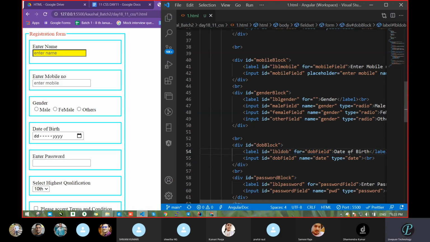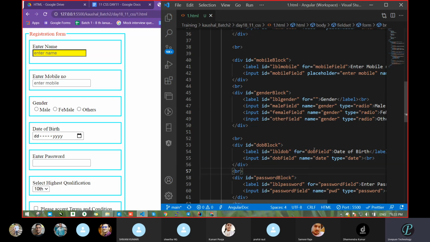Yes, so you have to write that. Suppose this is your DOB block. Inside the DOB block, for should be the same as the ID of the input field. By that we correlate both together. Clear? Yes, sir. Don't pass the same ID.